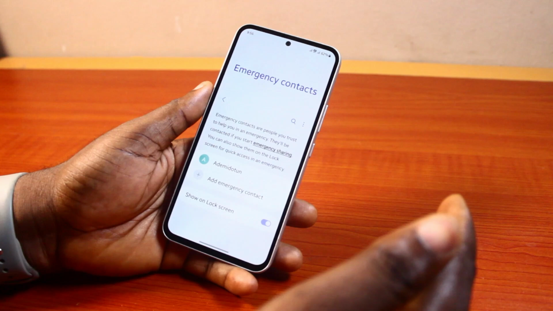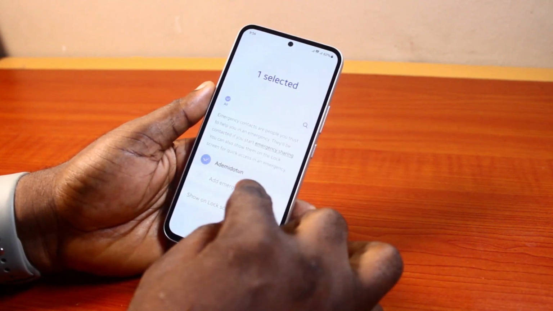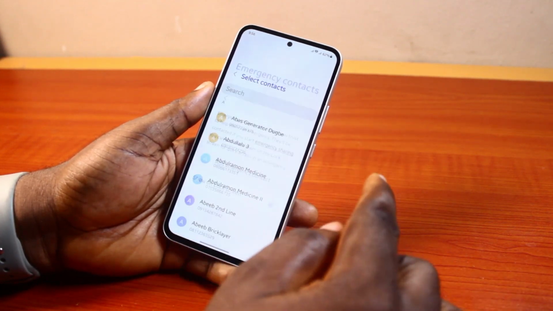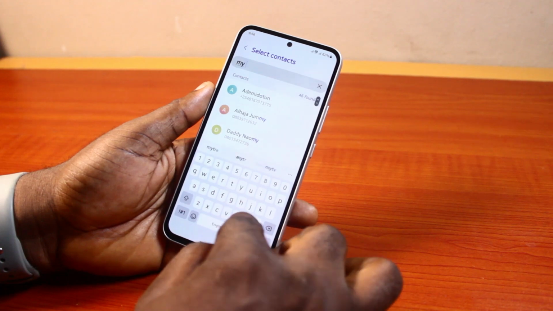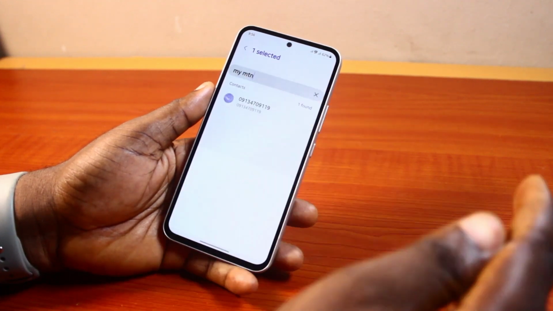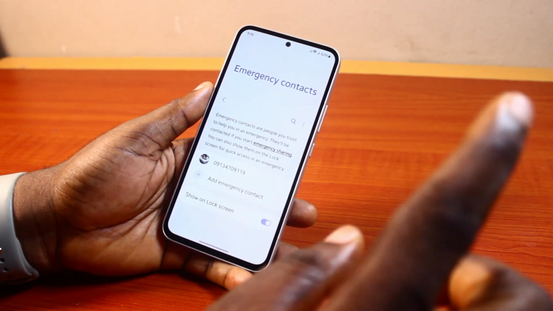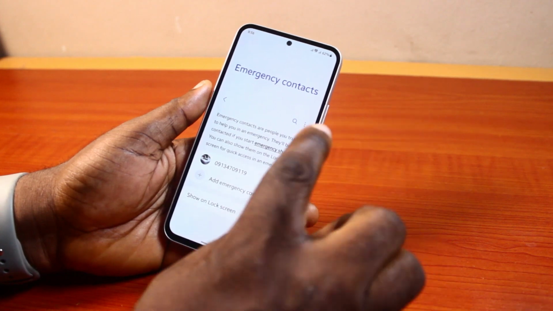Then to delete the previous contact, just click on this delete and then delete. Click on add emergency contact, then search for your number, add it, done. Then once you have added your phone number as the emergency contact on your Samsung Galaxy phone, you can just exit